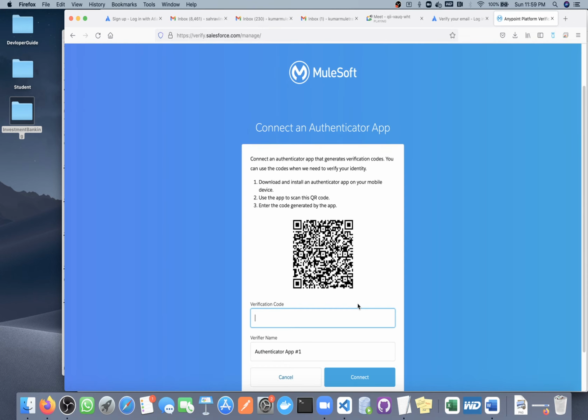You need to scan this QR code, and it will download an application, the Microsoft Authenticator application. I already downloaded it, so I can simply scan this QR code. Let me scan. I already scanned it. For me the authenticator is already there, but in your case it will ask you to install it, or you can simply download it before going to this step. You can install Microsoft Authenticator.